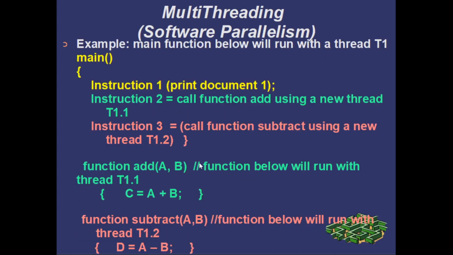When you're having multiple threads, any instruction can get executed by the processor. It depends on the operating system, right? If the line of code c is equal to a plus b gets priority as an instruction to be executed on the processor, c is equal to a plus b might get executed before d is equal to a minus b. The order of execution of instructions, you cannot control it. If you have simply written this kind of program, then the instructions of any thread can be executed at any given time.